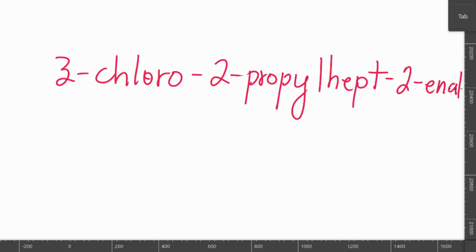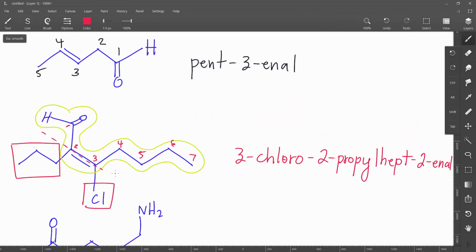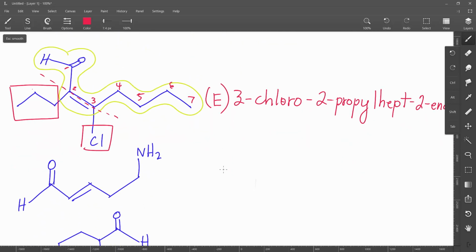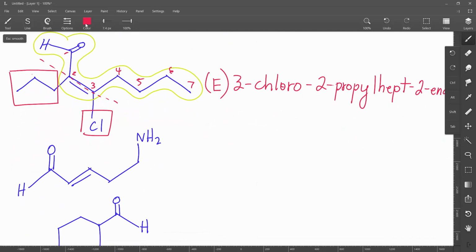Okay, and these higher priorities are actually chlorine and the other group. Those are on opposite sides, so I could say that is